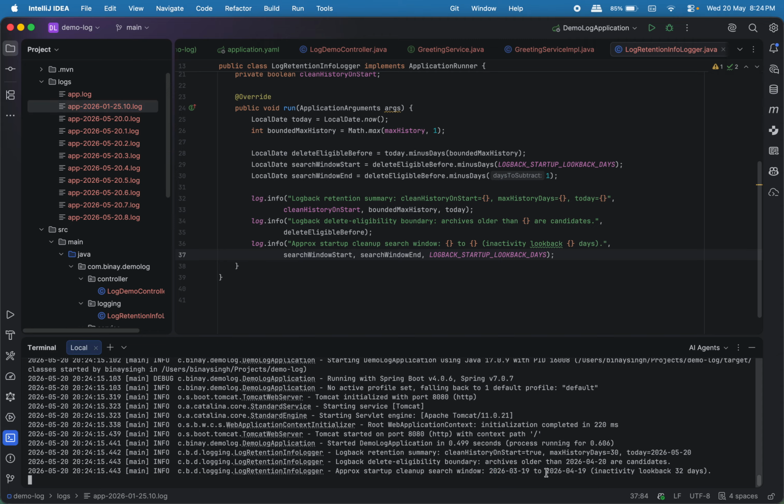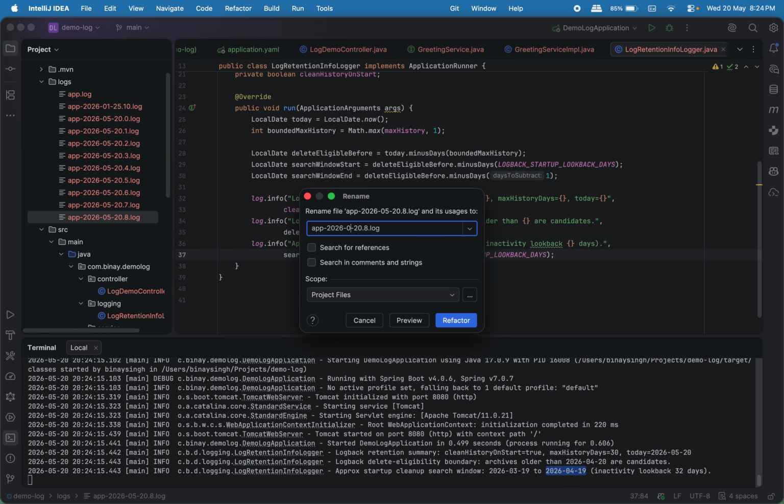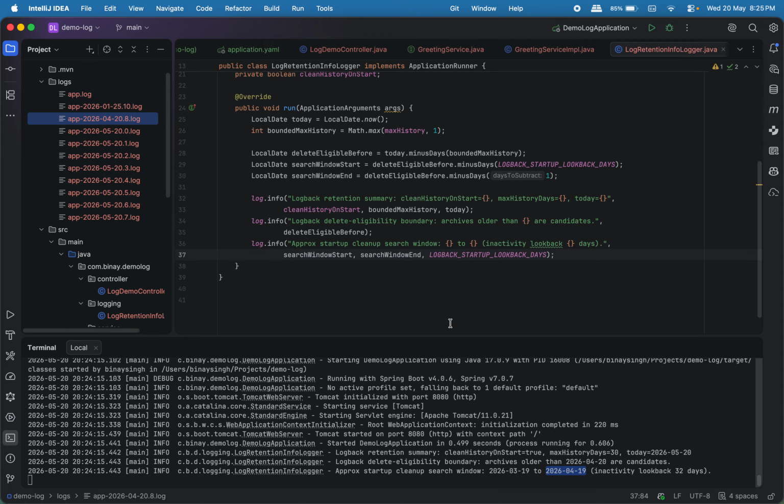Now let's test the upper boundary as well. Whatever is created up to April 19 will be deleted. After that, it will not delete it. Okay, so let me rename one of the files. I will rename this to April, let's make it 20. Yeah. So it should not delete this file because it is within the 30 days period that we set in our application.yml, right? Max history. Let me stop this